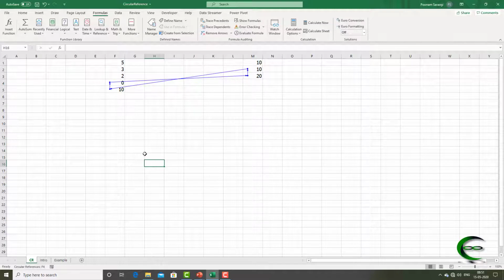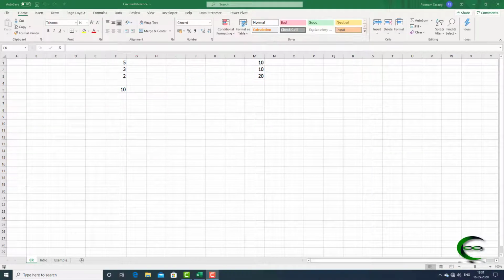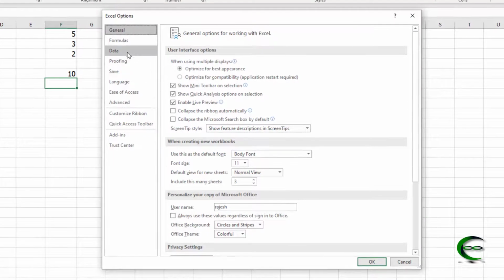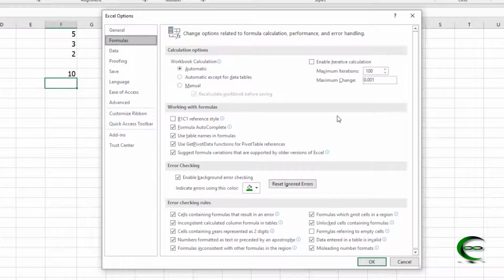We can activate iterative calculation and utilize circular reference for our calculation also in special cases. First of all, let me remove this error. To enable iterative calculation, go to File, then Options, Formulas.